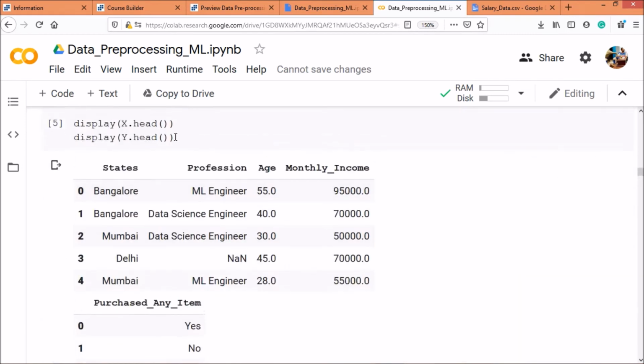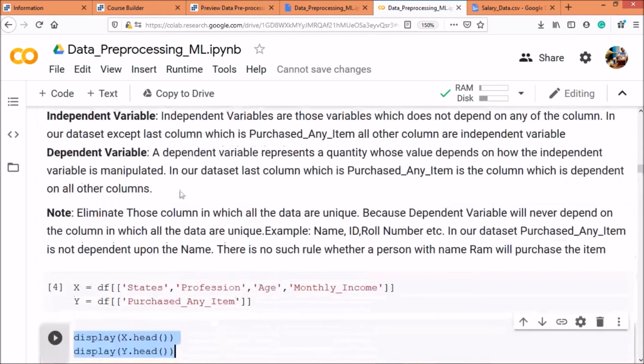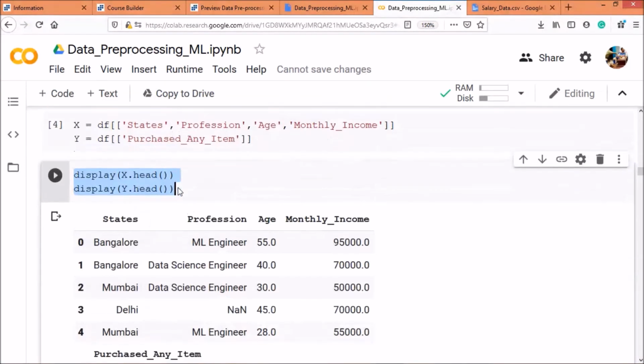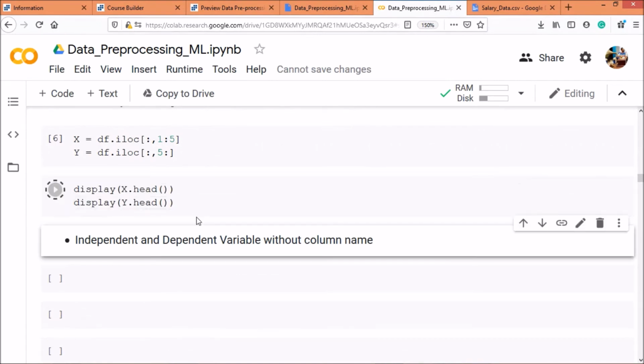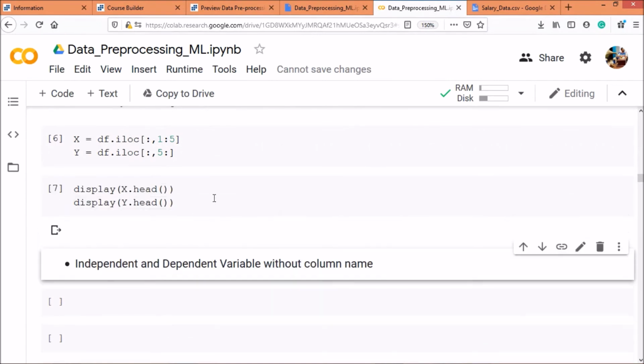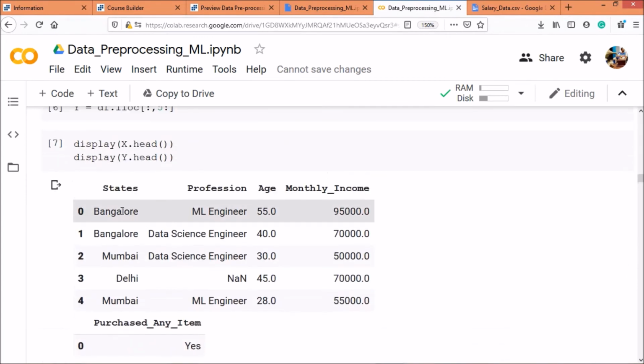Copy the same code and just run it over here. Run this block of code, and you can see that it's again the same things coming up. Alright,